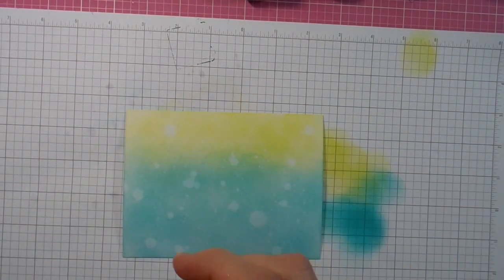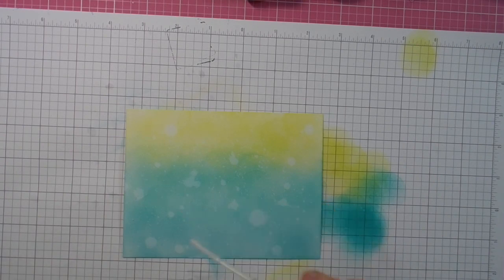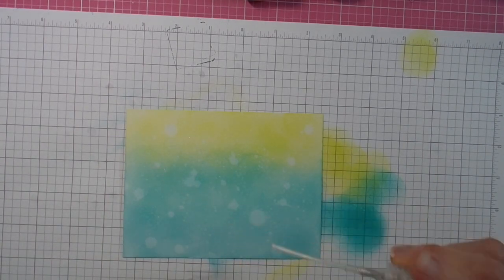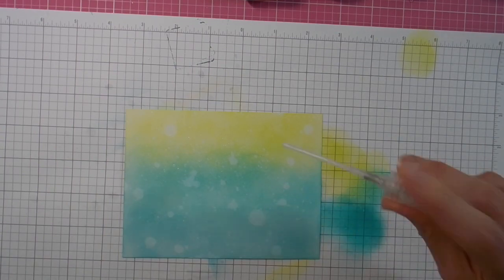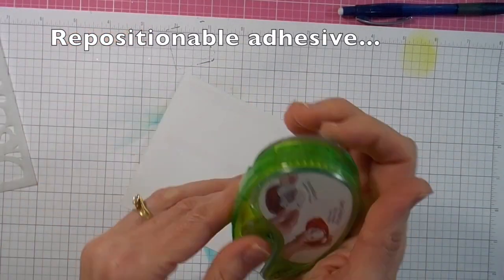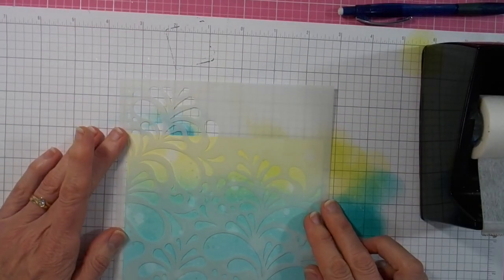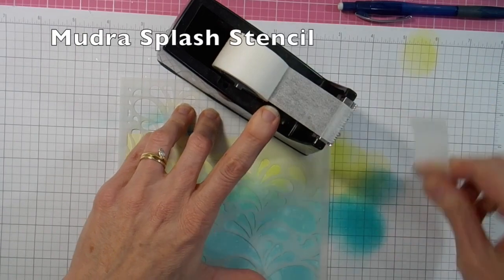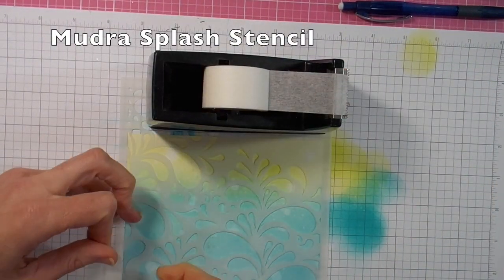So first of all, just spraying on some water, dabbing that off, and then I've mixed some Perfect Pearls powder into a little mini misty with some water, and I'm sprinkling that on all over, and that will just give the watery background a nice pretty shine. So a little bit of repositionable adhesive to hold that still, taping my splash stencil down over the top,